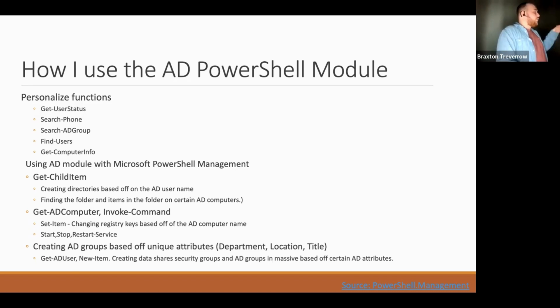So you can pull those all together, and then from there, since you're going to create a variable out of that, you can get down to your Get-ChildItem. I don't think I put the Set-Item up there, but to create directories. So instead of me right-clicking and manually going in and setting the directories,